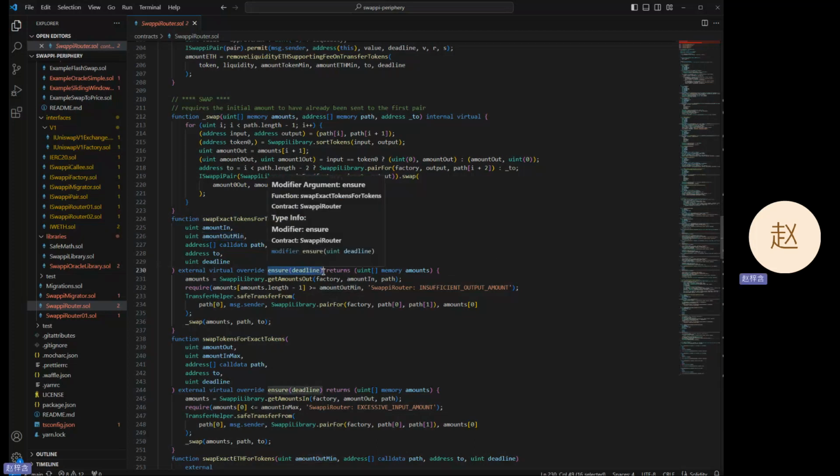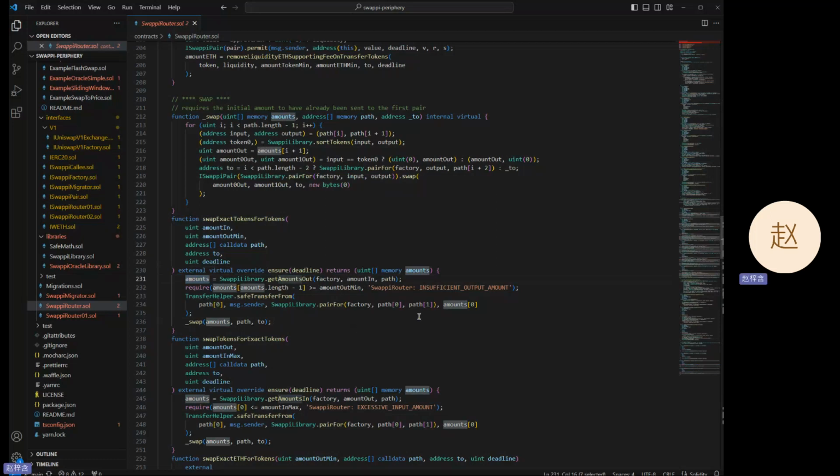Here we use modifier ensure deadline to make sure the transaction will not happen after a deadline. And first we use a get amount out to calculate the amounts,